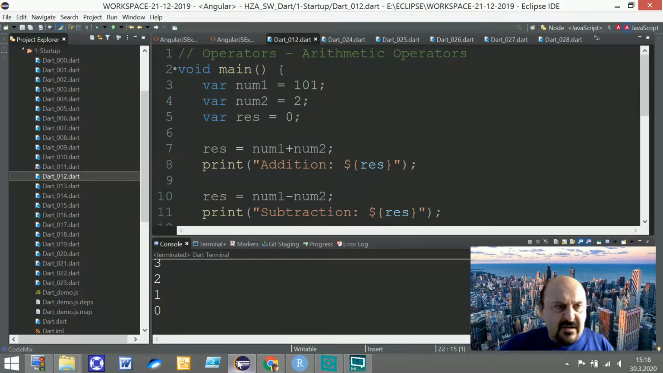As I said, I use the Eclipse IDE environment. Beforehand, I have prepared some code snippets to present to you, just to save time, because I'm not good at typing quickly and mostly I make typing errors. Anyway, we have seen 11 Dart files, and this is